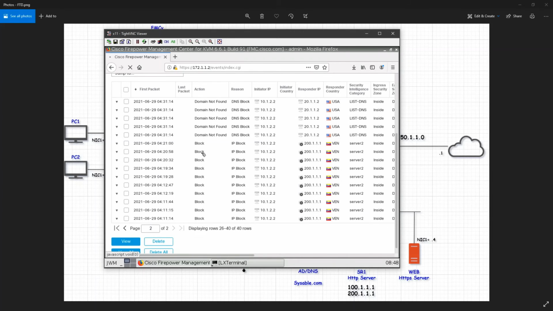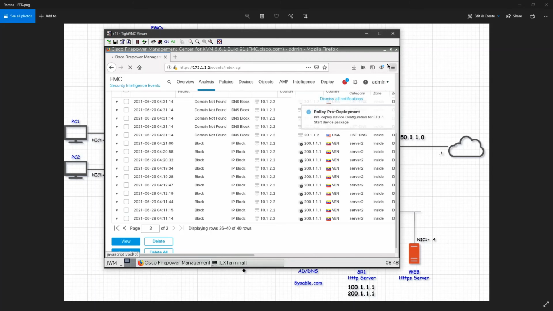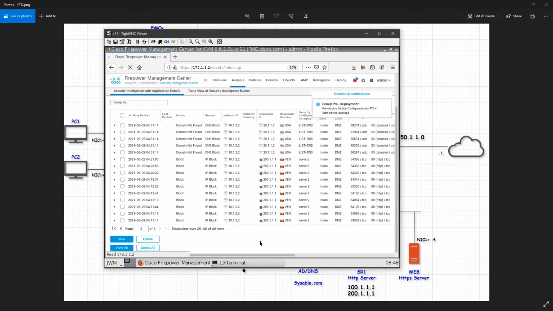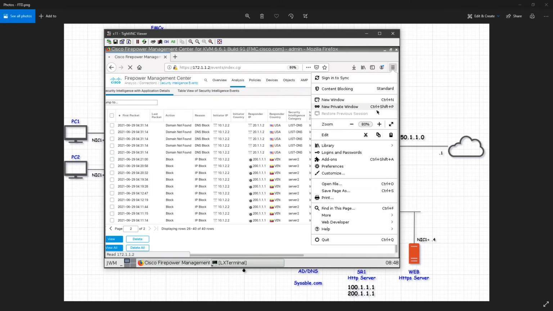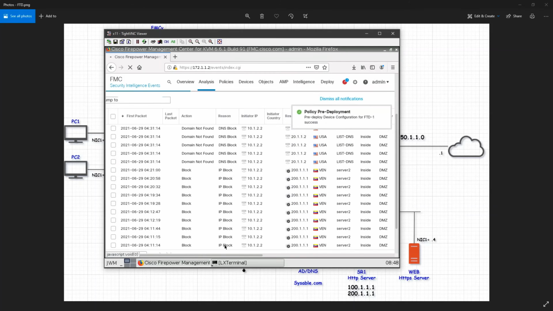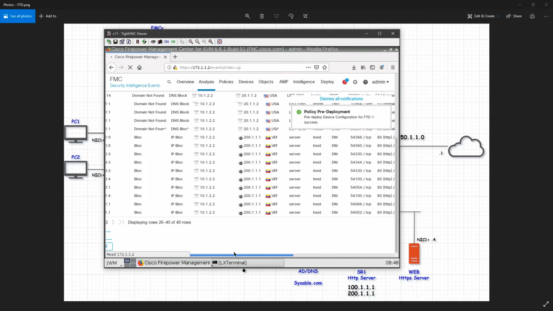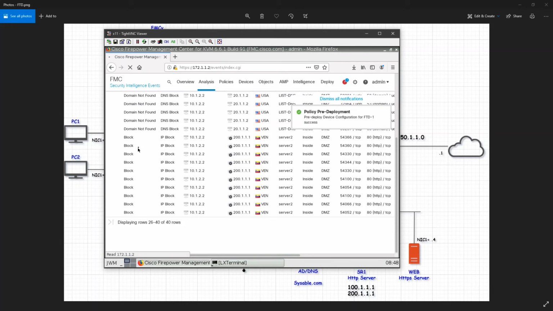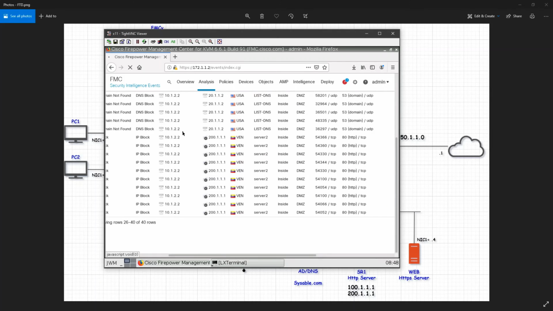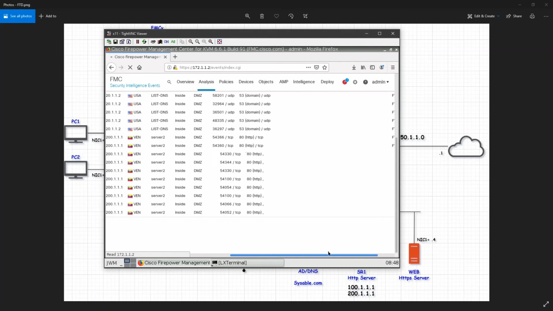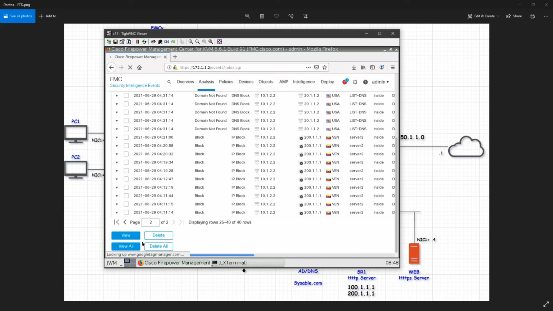So if I go to page 2, you see the block. The previous block which we did by blocking 200.1.1.1, these are those events now. Who was trying to access 10.1.2 and it was trying to access the DMZ, which has been blocked. So this is where you will see the events and all those things.